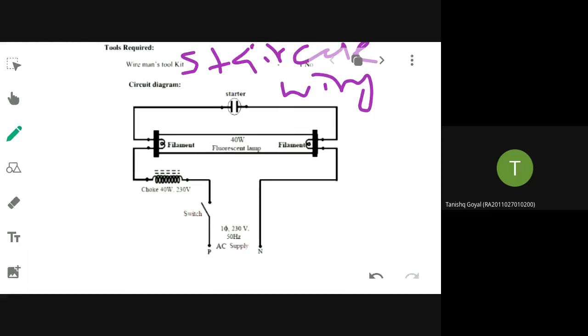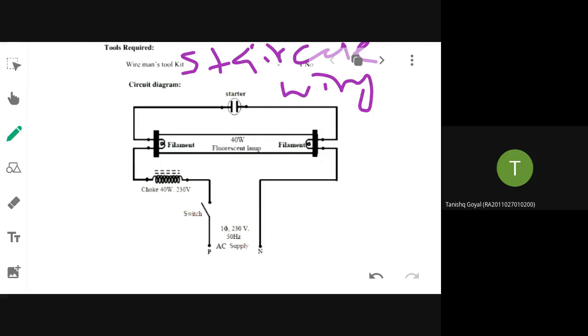See, all the electrical hardware shops have a capacitor, tube light. Then you have to have one switch, then one plug point, one screwdriver, wire, everything you have to get. This we'll do later. Don't try it now, but you have to do it as a 5-minute video and you have to post.